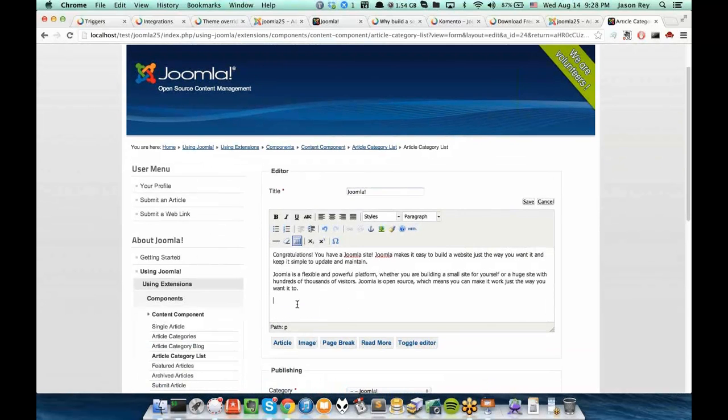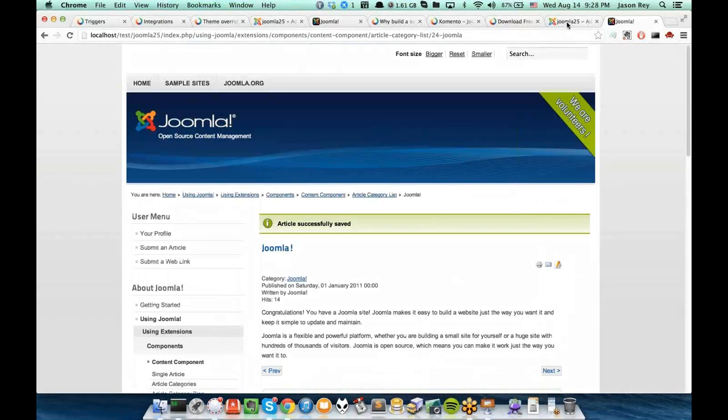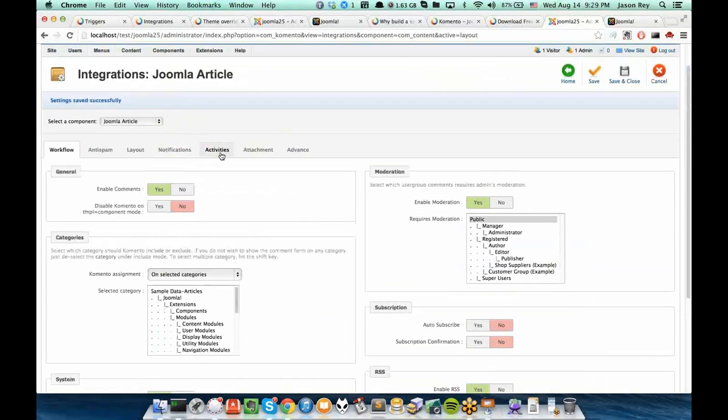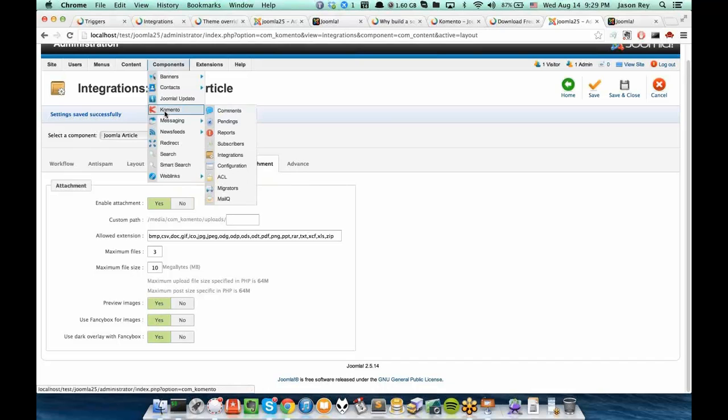Ruth added a question. I don't necessarily want people to upload photos and files. Can we omit that feature in the back end? Yes, of course. You can go to the back end under the attachment feature, under the attachment tab, sorry, you can disable attachment. Or further, a more interesting approach is to enable attachment, but head over to Commento ACL,